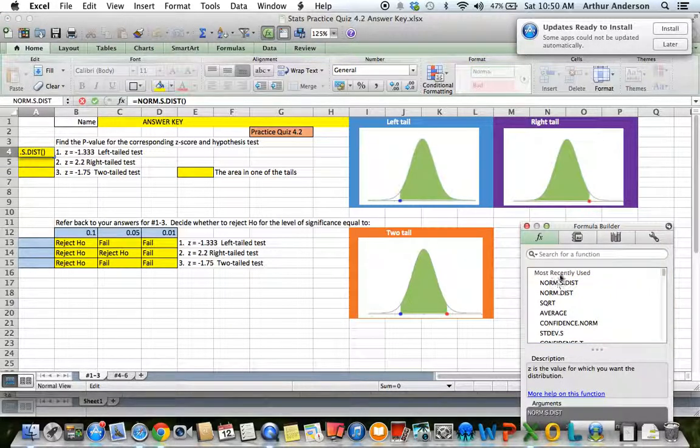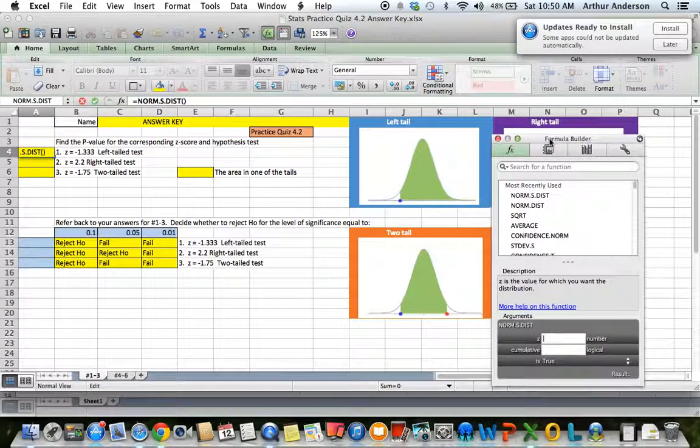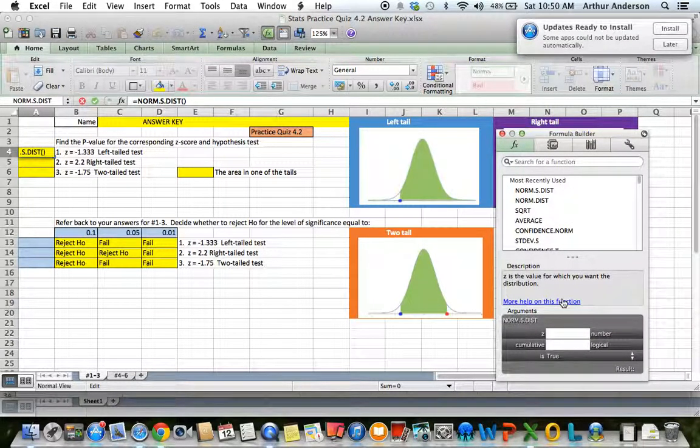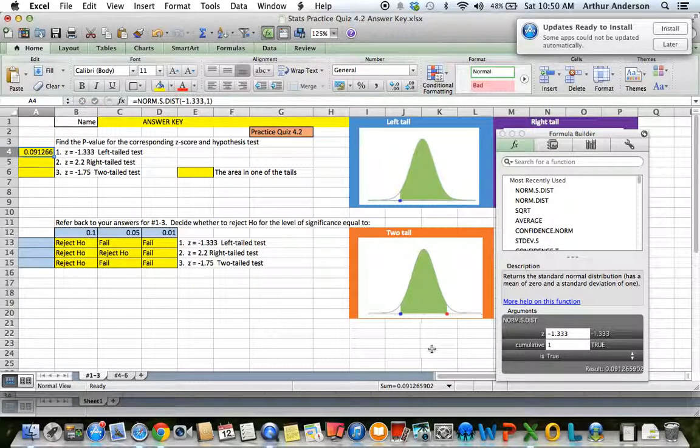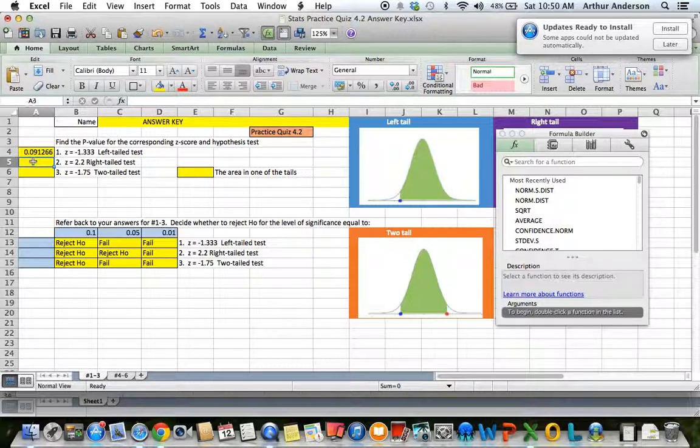norm.s.dist, and as a result of selecting that function, just move the formula builder up a little bit. The z-score is entered as negative 1.333, and cumulative is true, and I just type a 1 for true, and we get that the p-value is approximately 9%. For problem number 2, we're going to basically do the same thing, but because it's a right-tailed test and